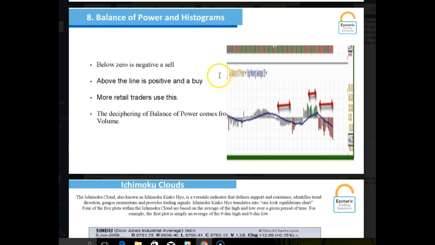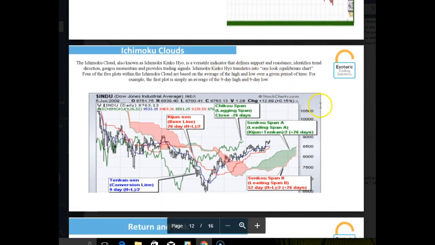But my favourite indicator, I guess, of all time is the Ichimoku clouds. Now, a lot of people look at this and they go, wow, this is just too much, I can't handle this. But when you look at it, it's pretty easy. Every Japanese trader I've ever known trades with these technicals, the Ichimoku clouds. They trade them in the foreign currency market. They trade them in the bond market.